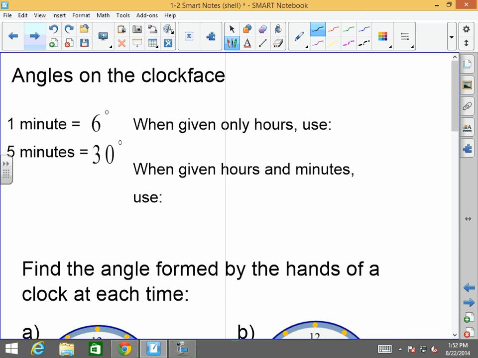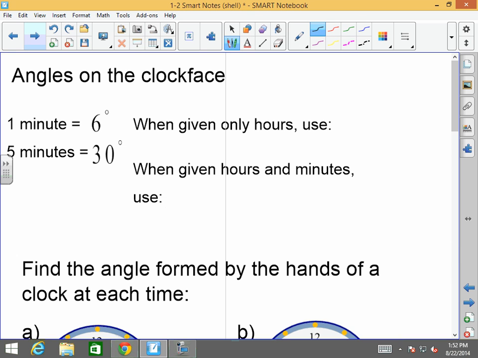Okay. Now, there's going to be a lot of questions. I've even seen a couple on the SAT, that they're going to give you a clock face. I know that we are in a digital world. We have a digital clock here in class. Most of you have digital watches, if you even have a watch, because the smartphones have a digital clock as well. But unfortunately for you guys, we're going to have to learn how to convert time into